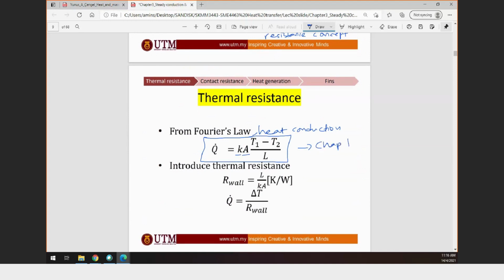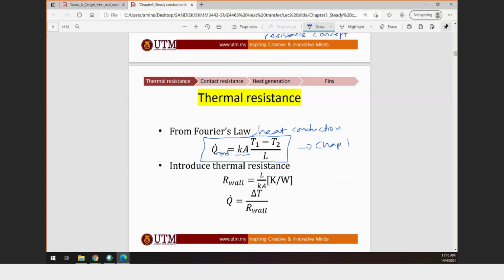So heat conduction can be calculated by Fourier's law, where you need the thermal conductivity of the solid object, the area normal to the heat transfer, the temperature difference between one side and the other, and the thickness or